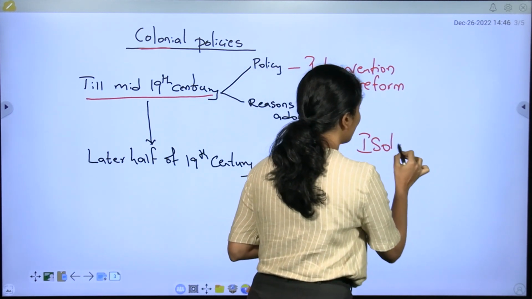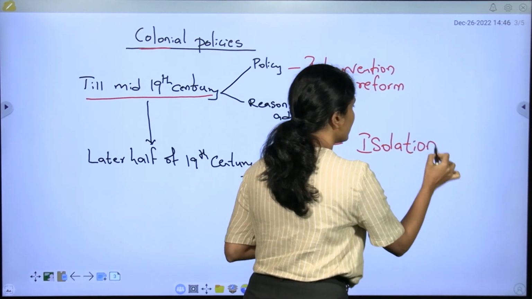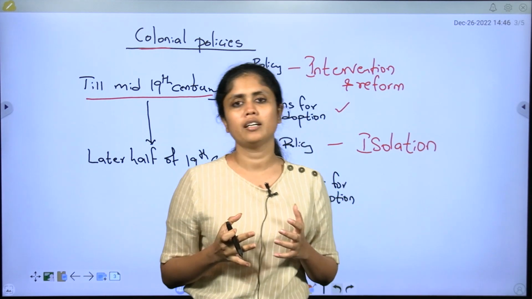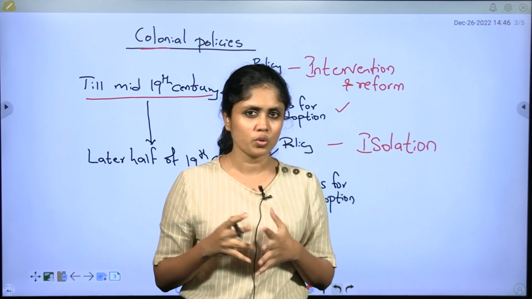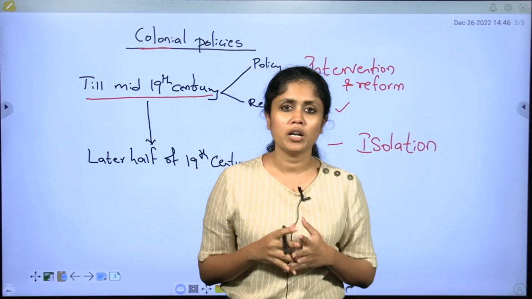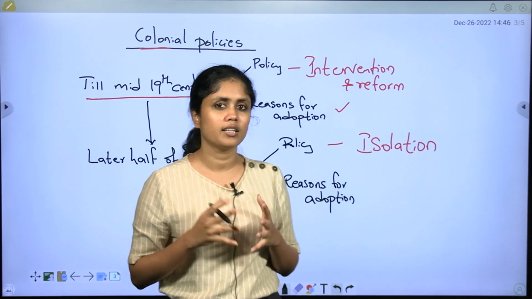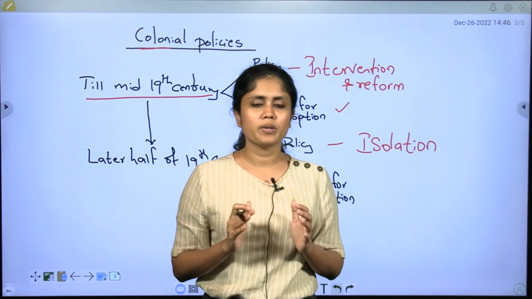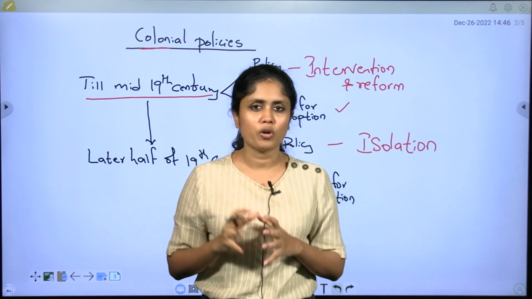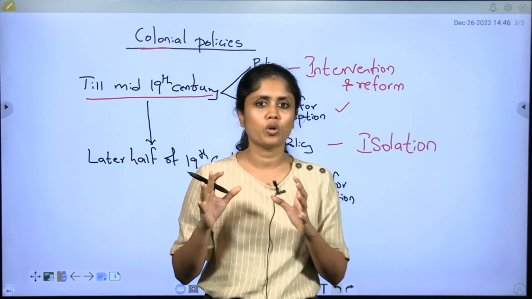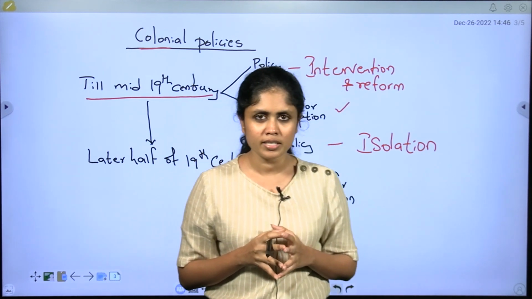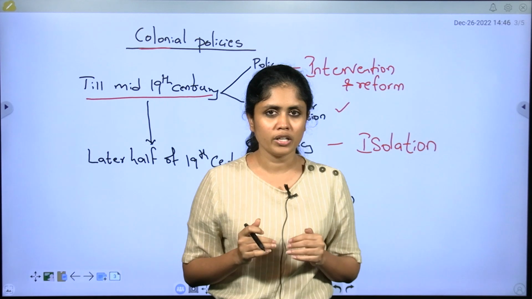Since it was threatening the existence of the colonial government, the policy was changed, and post mid 19th century, the policy which was followed is a policy of isolation, which you can see in terms of the Inner Line Permit which the colonial government introduced in northeastern areas, and also the Scheduled Districts Act that they introduced post mid 19th century. This is because they wanted to address some of these problems and also the discontent present among tribal communities, so that rebellions would reduce.